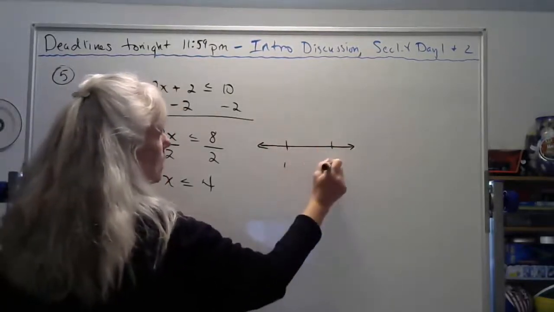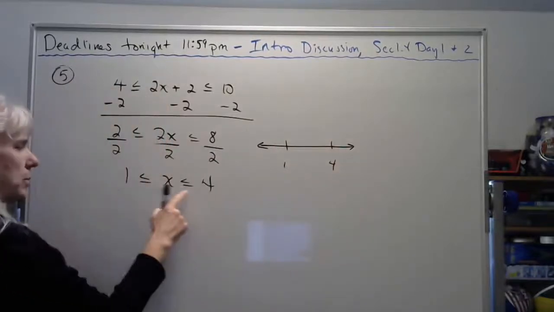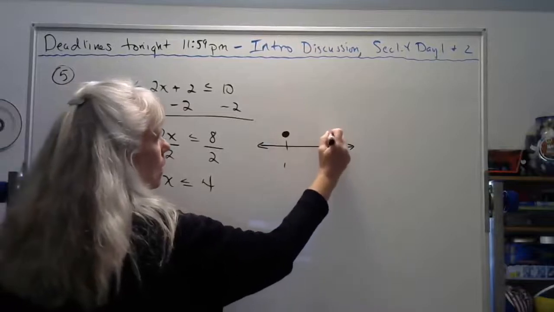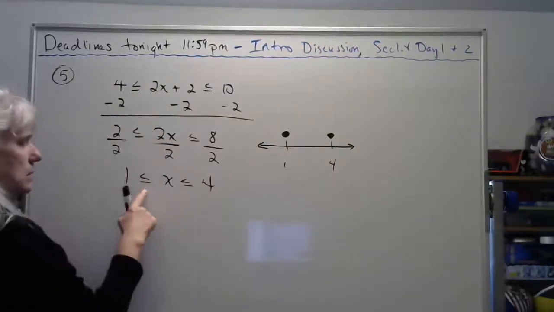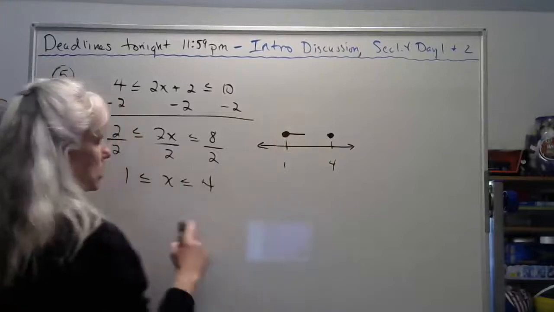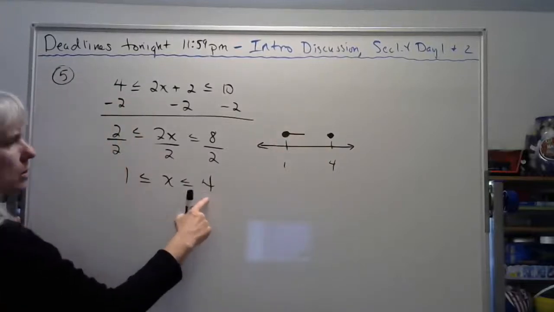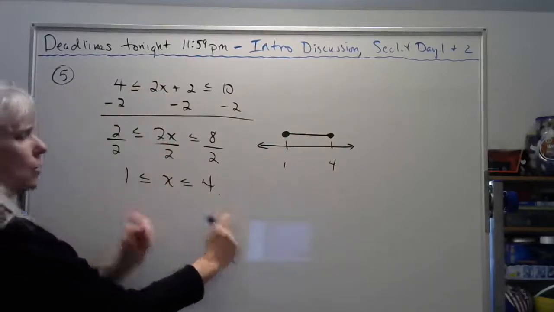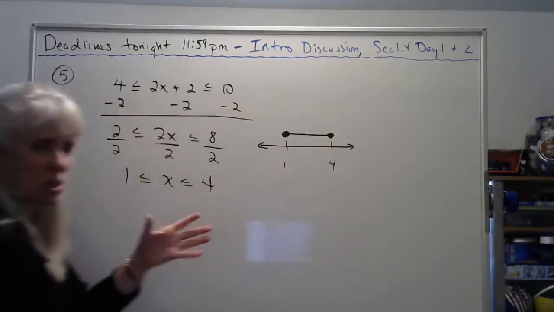Here's my 1. Here's my 4. In this case, they're both going to be closed circles because of the equal to's. And what this is saying is x is bigger than 1, which would be in this direction. It's also telling me that x is smaller than 4, which would be in this direction. So x is trapped between 1 and 4,